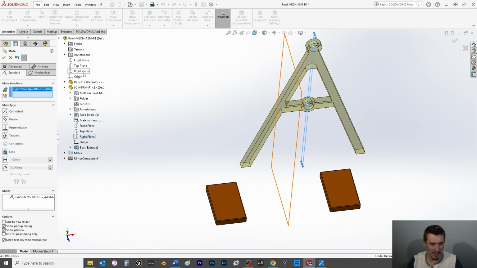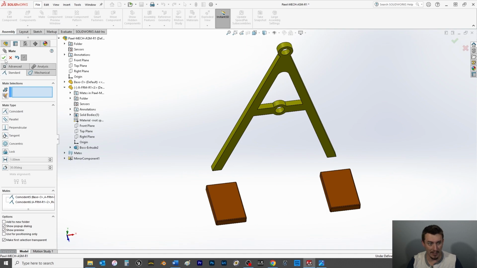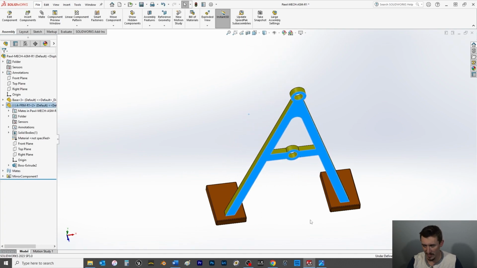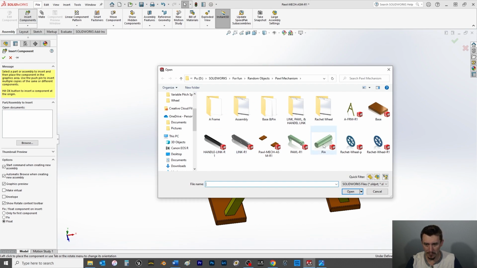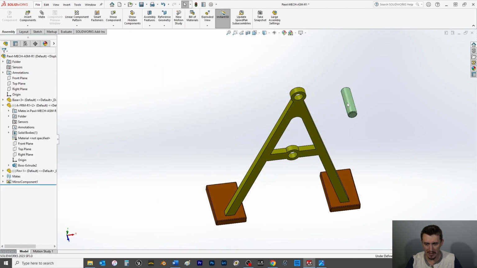We'll do the right plane with the right plane to center that, and then I'm going to click OK. So we're going to leave this partially undefined, and you'll see why in just a moment. So the next thing I'm going to do is insert the pin, click OK, select that,